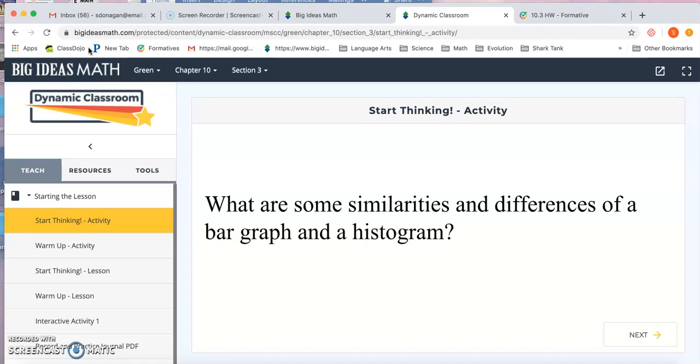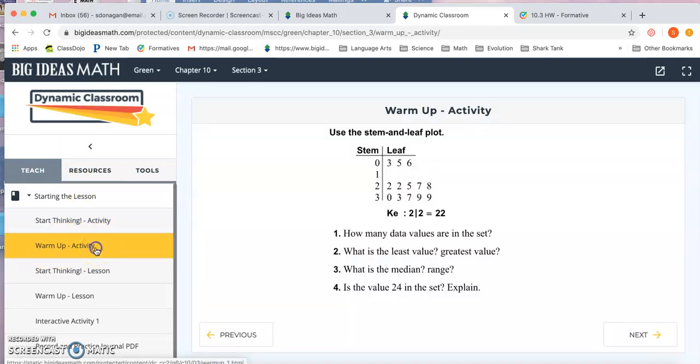The similarities: they all have titles. They all have titles for the left side of the graph, which is frequency most of the time, and the bottom, which is in some sort of intervals, but they all have titles, and you need to capitalize those titles. And plus, another similarity is they do all have bars going up. Just in histograms, the bars touch. So those are the similarities and differences in histograms and bar graphs. Let's continue with some